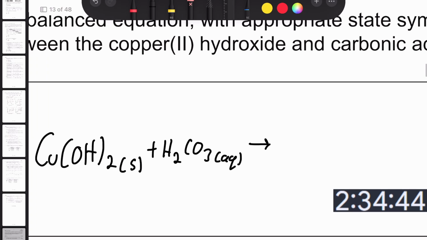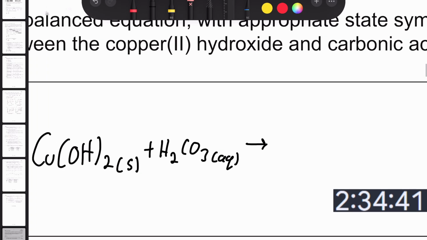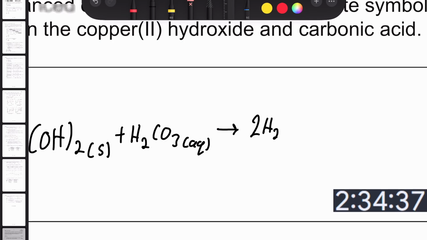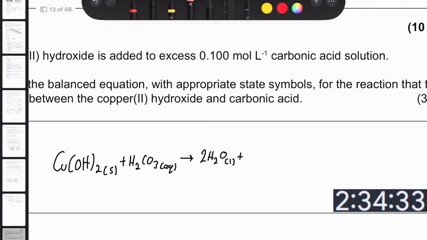I'm going to get that this becomes copper carbonate and 2 waters, so 2H2O liquid plus